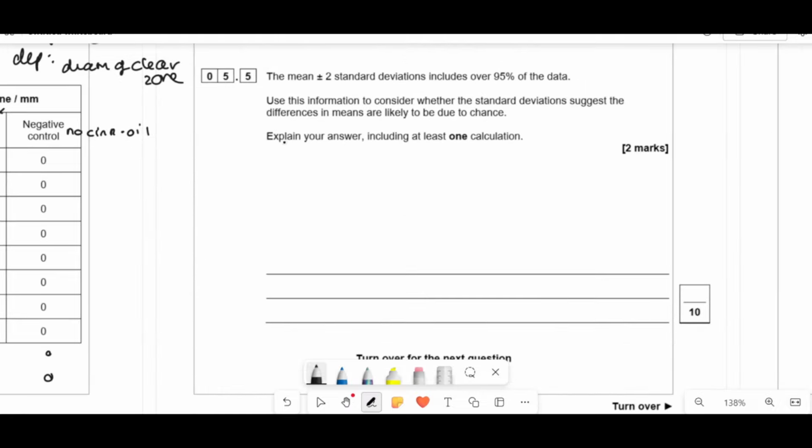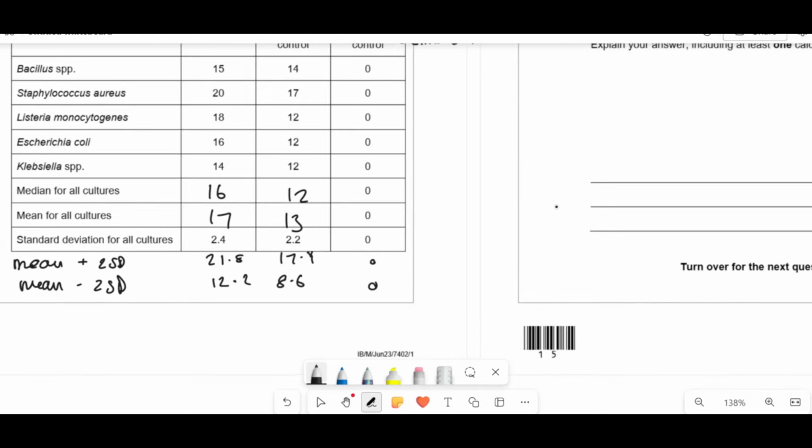So it says, use this information to suggest whether they are likely due to chance. So, the SD overlap thing that we love so much, now we can have a look to see if there's any overlapping between them. You can see that the mean plus or minus the SDs overlap. This is from 21.8 to 12.2, but here it's 17.4 to 8.6. Because they overlap, these results are likely due to chance,